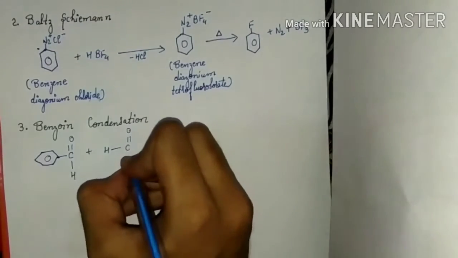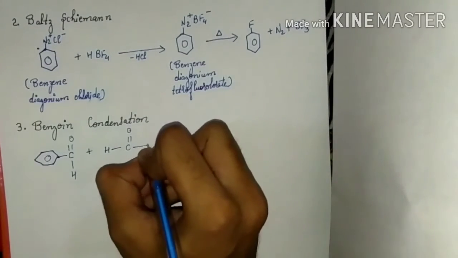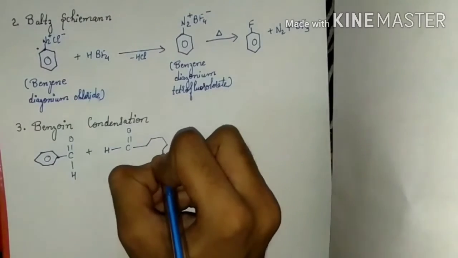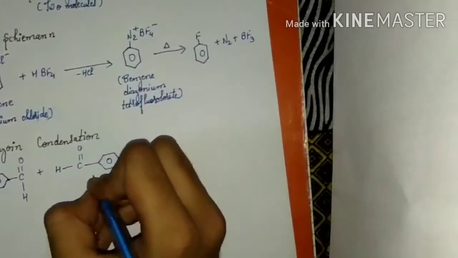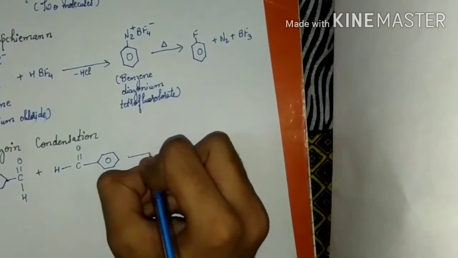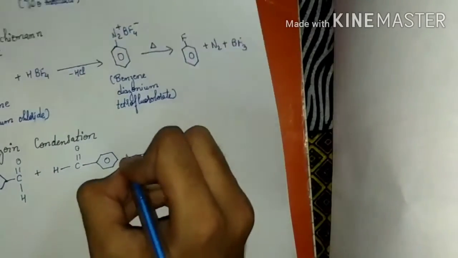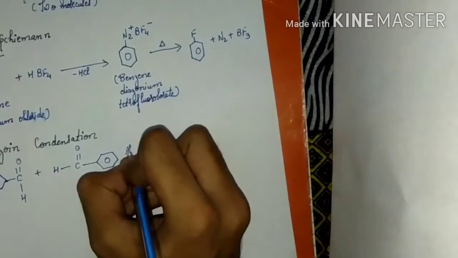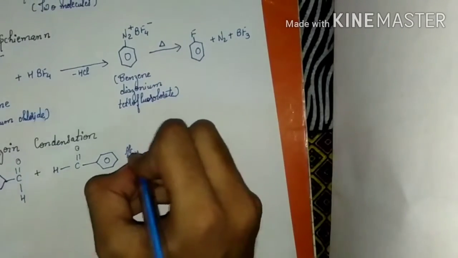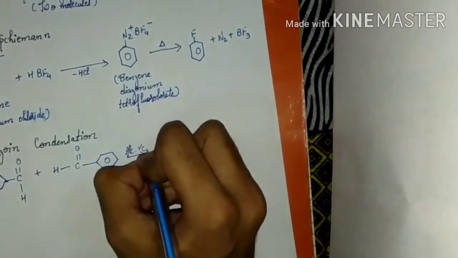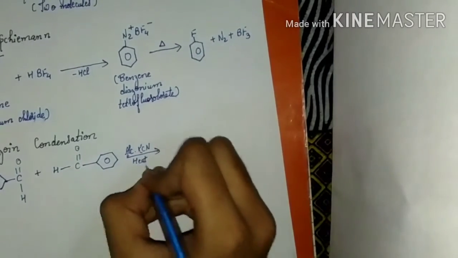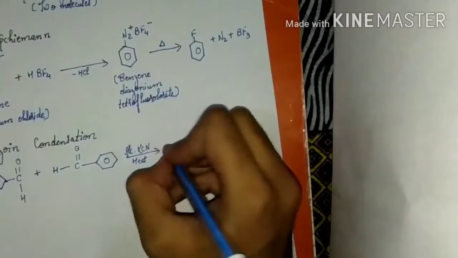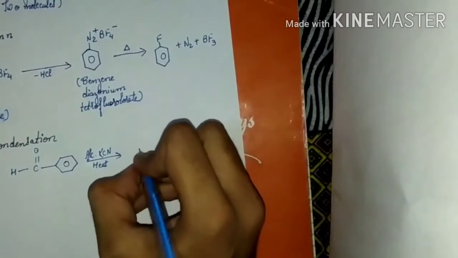This way. In case I write something wrong or teach something wrong, you have full right to write it down in the comment section so that I can correct myself. It is heated. Also we can write delta for heated, but I have written it, so it does not matter now.